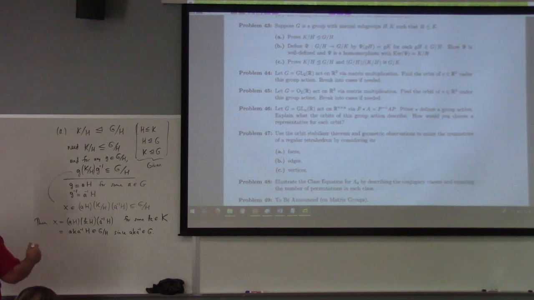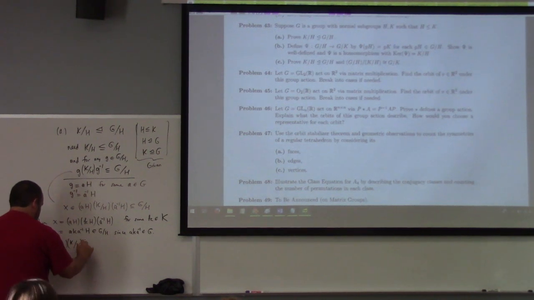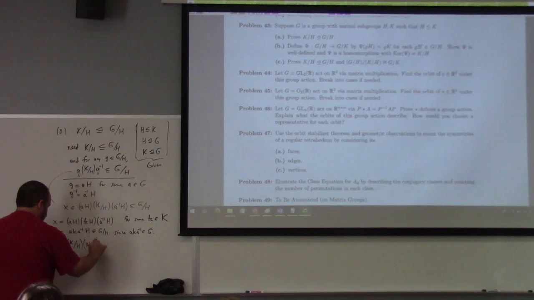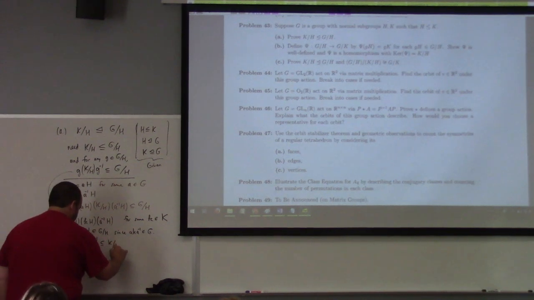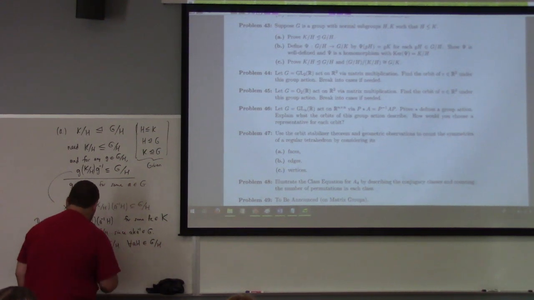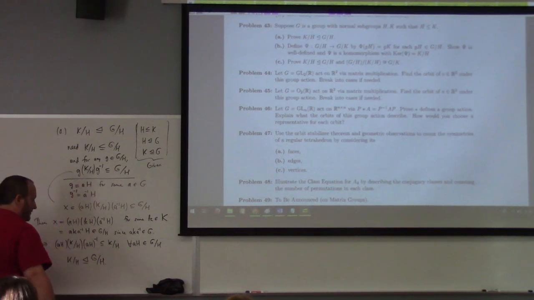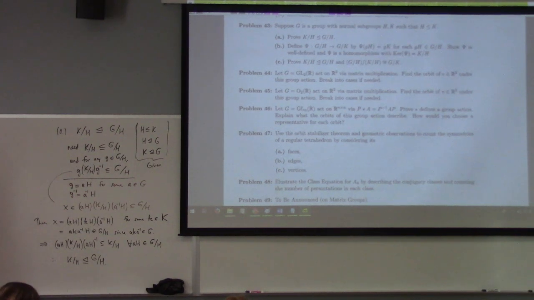So this implies that AH, K mod H, AH inverse is a subset of K mod H, right, for all AH in G mod H. Therefore, K mod H is a normal subgroup of G mod H, right? Because that's the definition of normal subgroup, is that when we conjugate, it's a subgroup of the